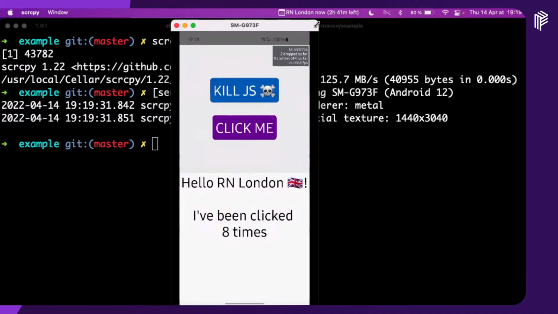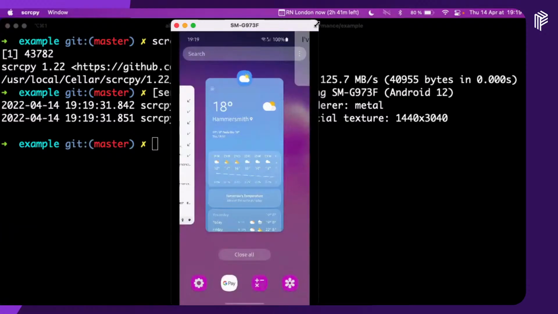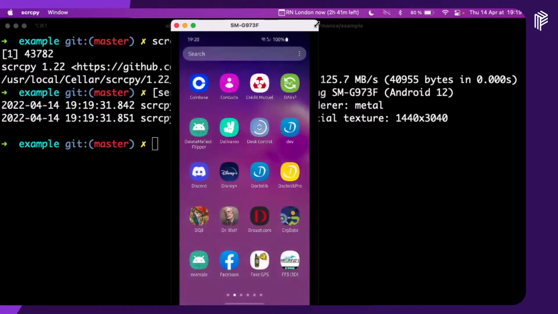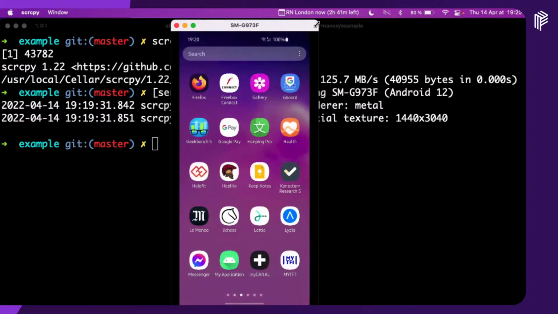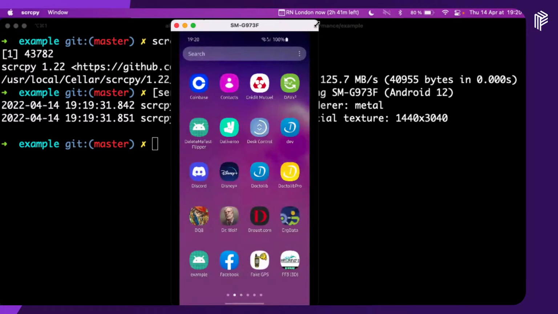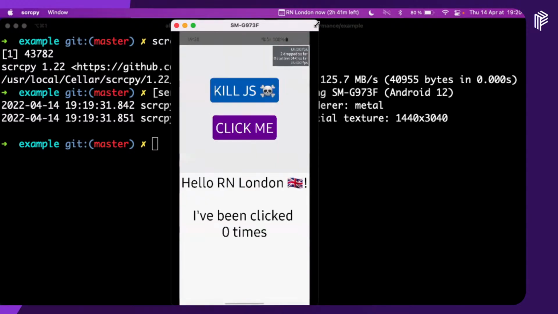Well, let me quit it actually to just restart it. But as you might have guessed already by seeing the text, wait, where was it? Oh yeah, example. Apparently my alphabetical order is messed up. I'm not so good with the alphabet, but yeah, example is here. And just the standard React stuff, not so fancy actually. I click me, and you see I've been clicked 2 times, 3 times, 4 times, 5 times.